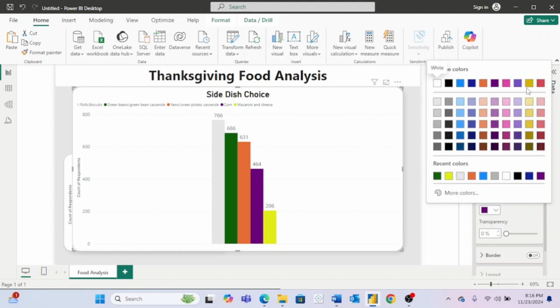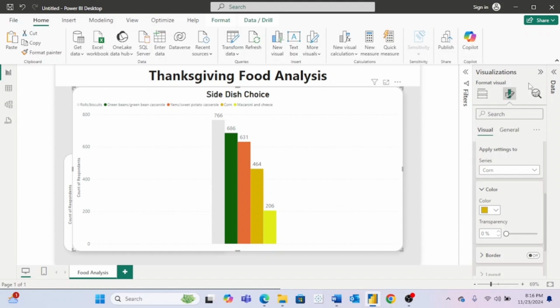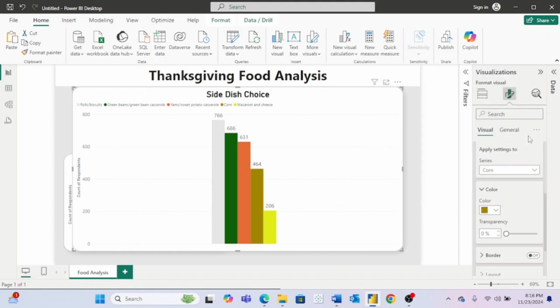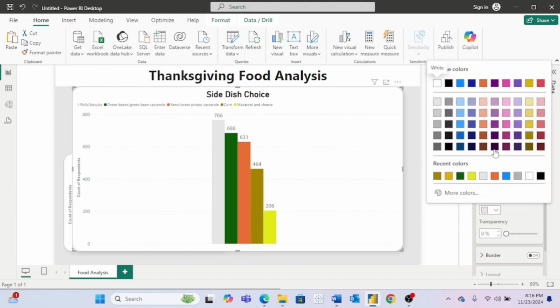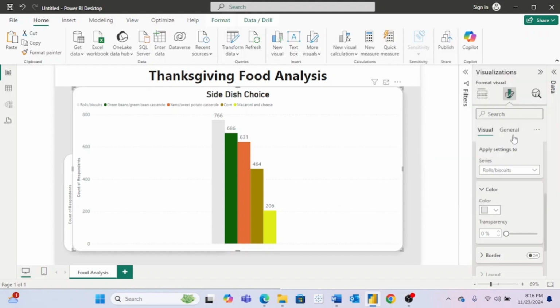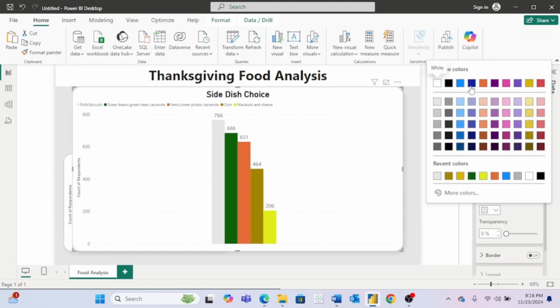Corn, let's go with just this golden one. Honestly, it works. It blends in a little bit is the only thing. Let's see. Okay, that at least separates it a little bit more. And then rolls/biscuits. There really isn't a good color, so I'm just going to choose the most basic thing ever, something that's hard to see. So I'm just going to make rolls/biscuits